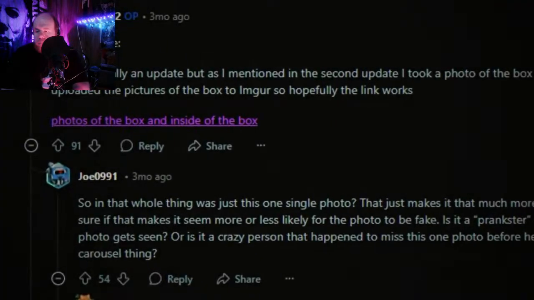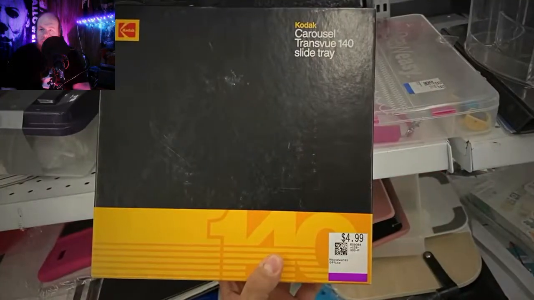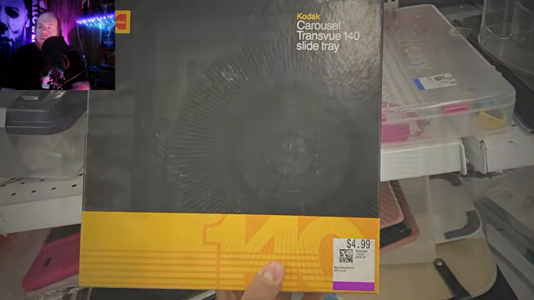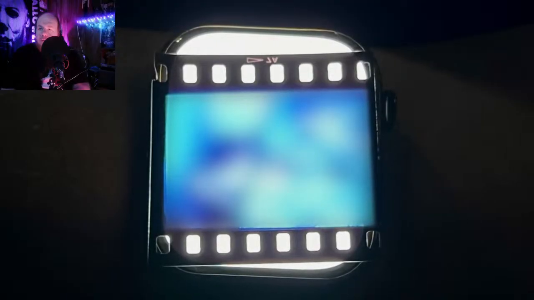After this, there were a few more updates, but nothing too major. Most notably though, they showed what the box looked like that contained the film strip to begin with, as well as a clearer photo of the film strip itself. The clearer photo really illustrates the true seriousness of the situation at hand, as this poster says,